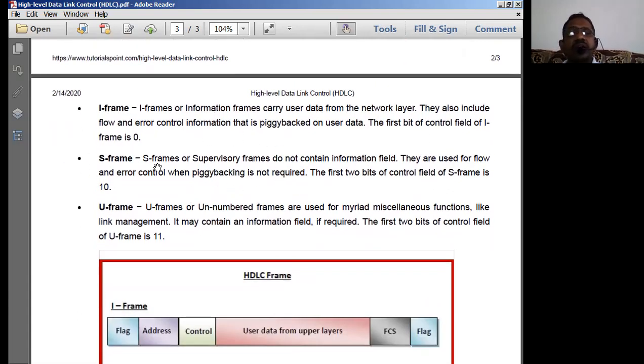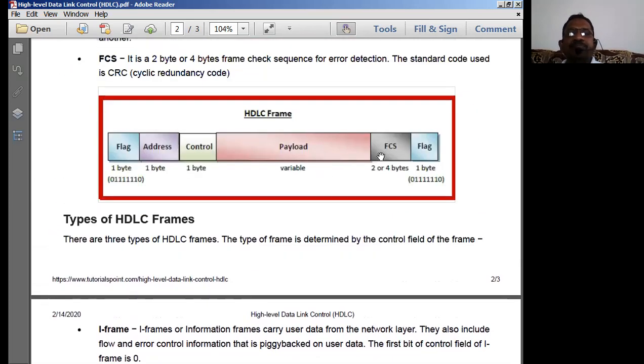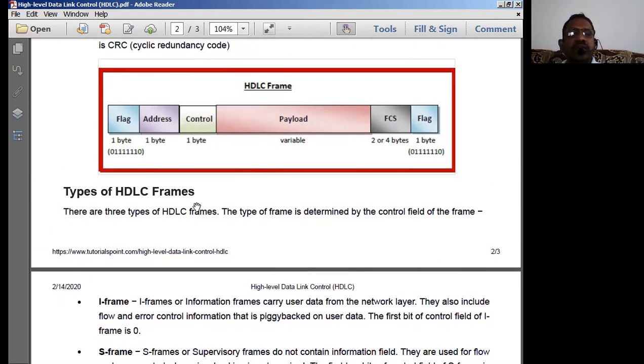Another SDLC data is going to be the I frame, known as the information frame. Information is known as user data from the network layer. That means the payload. I want to transmit a payload. Just now we discussed. Now what type of SDLC frame is it? This frame is known as an I frame.